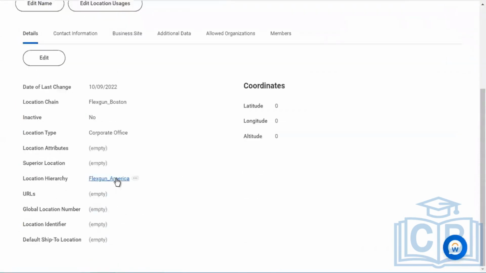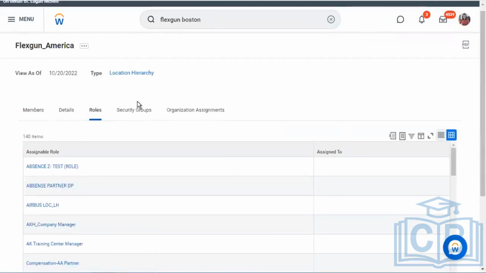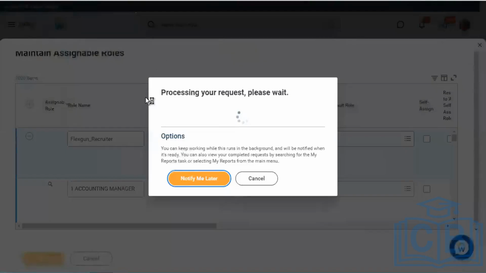This is my location hierarchy. If you see in the roles, all these assignable roles are coming from this list that we have here.